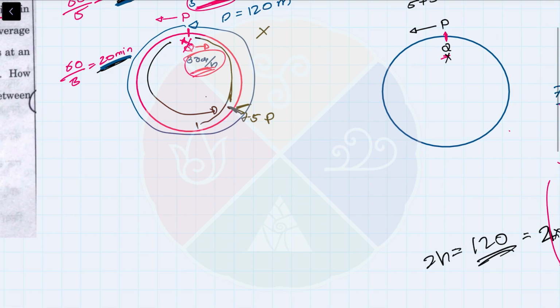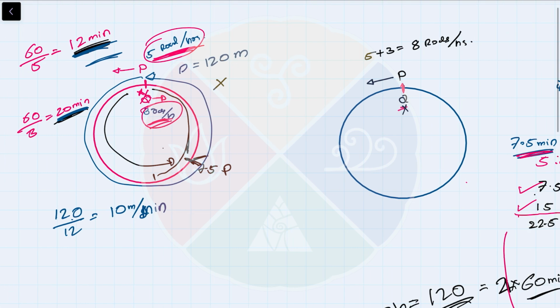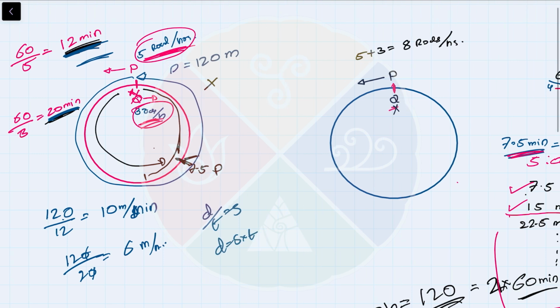So the speed of the first person is 120 divided by 12, 10 meters per minute. And the speed of the second person will be 120 by 20, that is 6 meters per minute. Distance is equal to speed into time. If I give them 7.5 minutes, the first person will be covering speed into time,